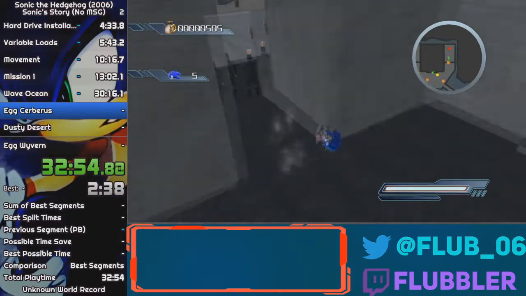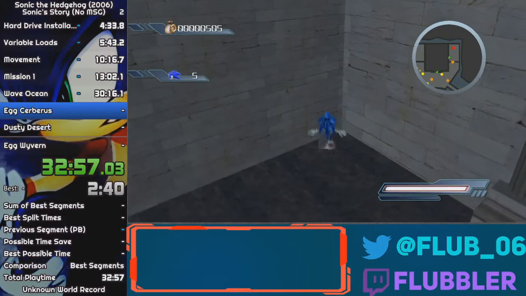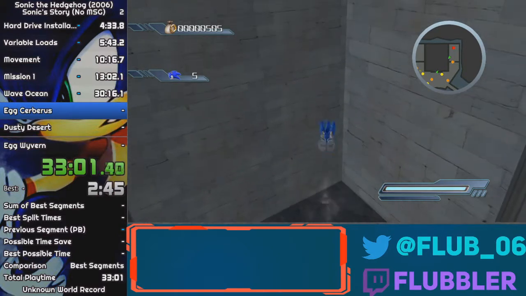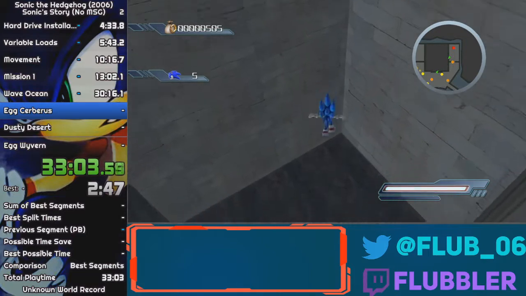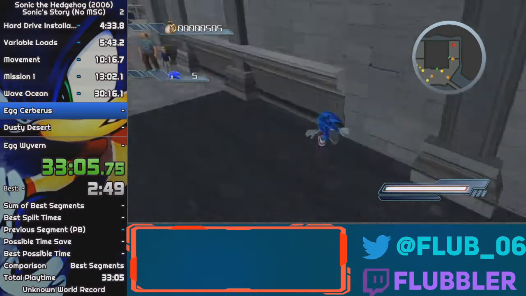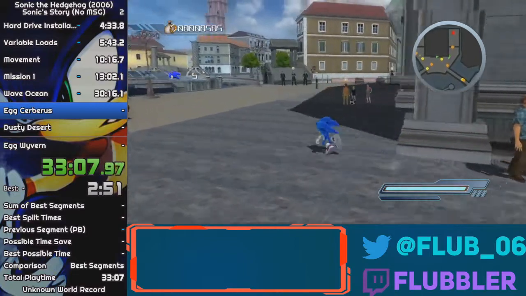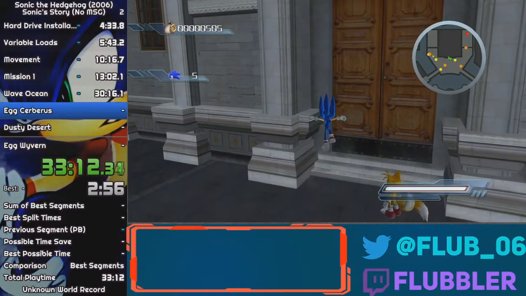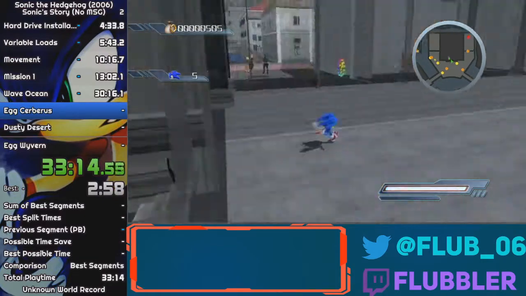But if you go here and you angle yourself like this at the corner, you are able to do the same thing again, which is basically homing attack as soon as you reach the floor. And then you do the first clip again, and once you get the first clip again, you want to go to this spring right here,